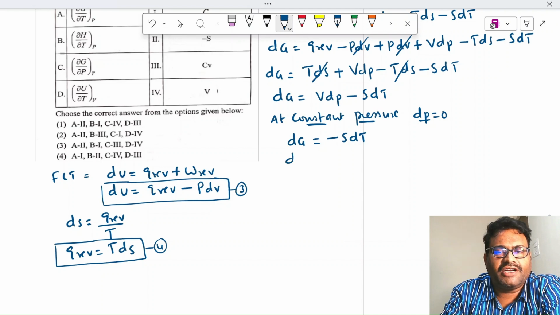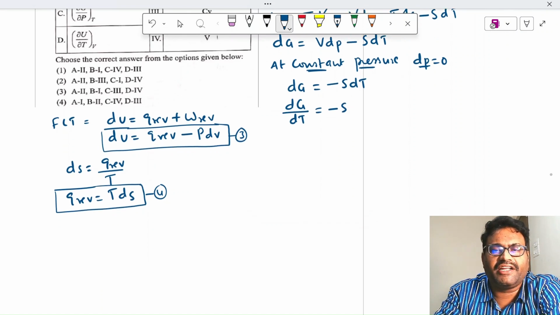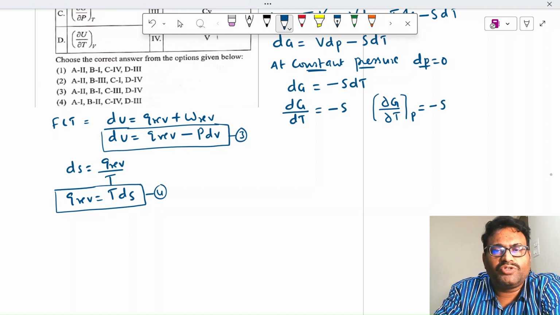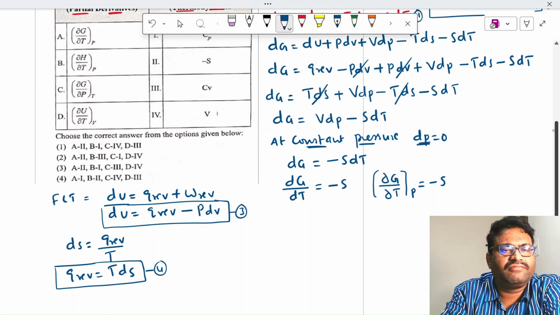So this can be written as dg by dt is equal to minus s. In another way, partial differentiation method, I can write it as partial differentiation g by partial differentiation t, at constant pressure is equal to minus s. So this is happening at constant pressure, right? dp is equal to 0, constant pressure. So partial differentiation of g by partial differentiation of t at constant pressure is equal to minus s. So we got the expression. Where is that? Minus s. So A2,